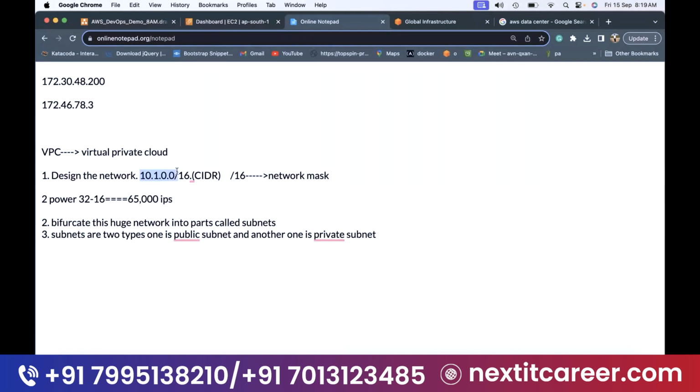10.1.0.0/16 CIDR. CIDR stands for classless inter-domain routing. Amazon supports network masks from /16 only. It won't support /8. From /16 up to /32 you can define your own network range. So how many IPs are possible in the given network range? There are 2 power (32 minus 16), that is 65,000 IPs possible in the given